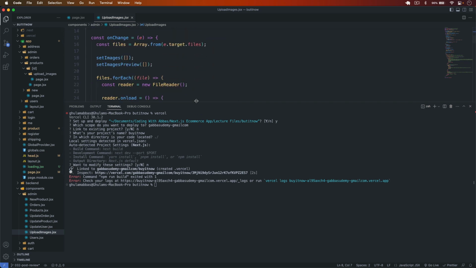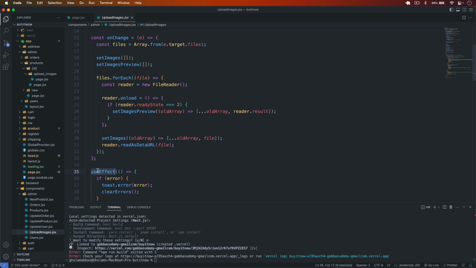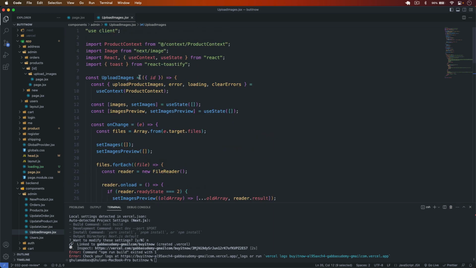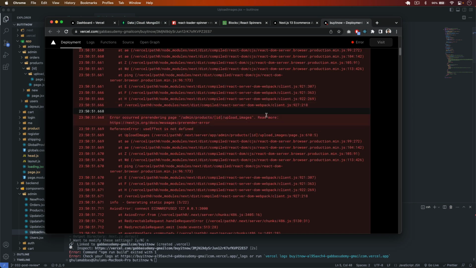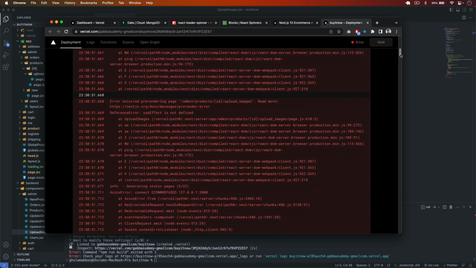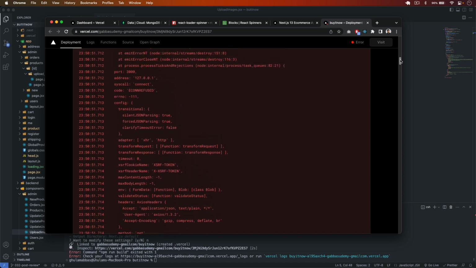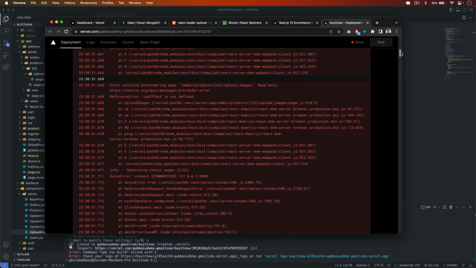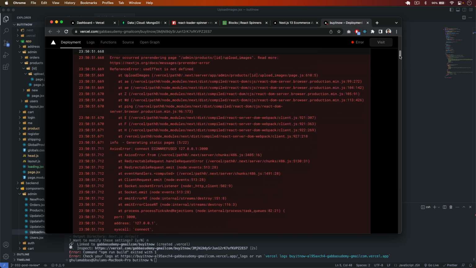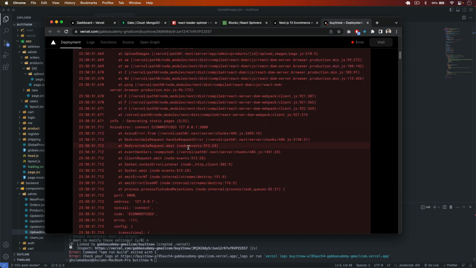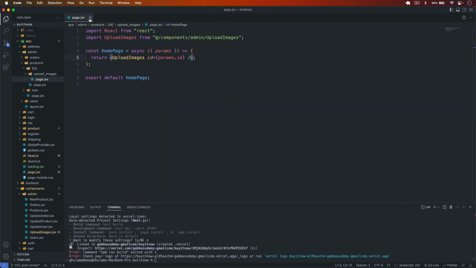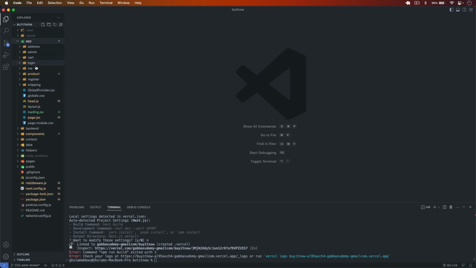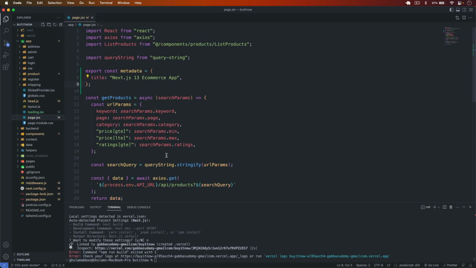Okay, so if I move it down, we have to import that. Okay, like this, and if I go back, after this we have some other errors. You can see here the error ECONNREFUSED, connect error refused for this host, because if I go back I can show you here